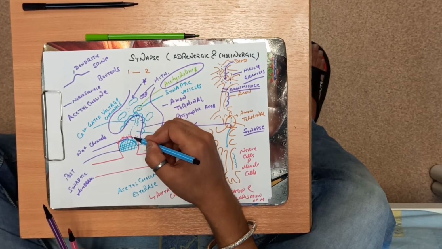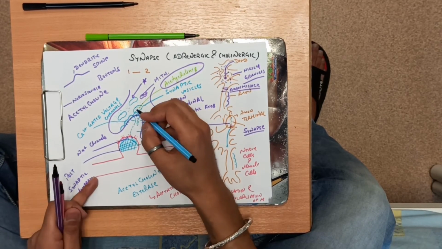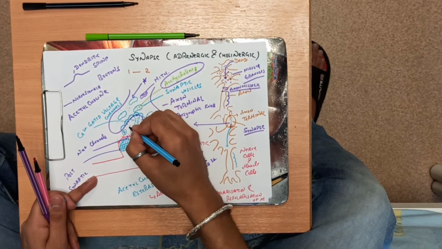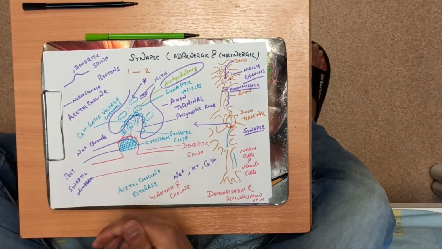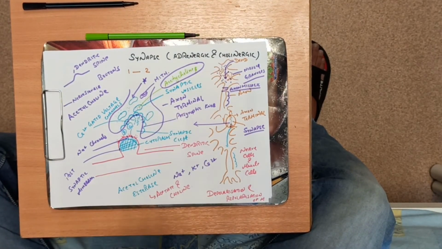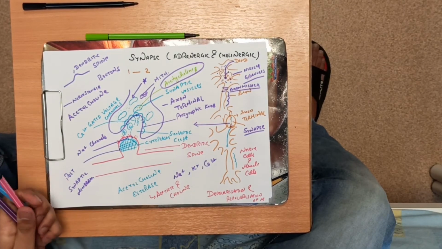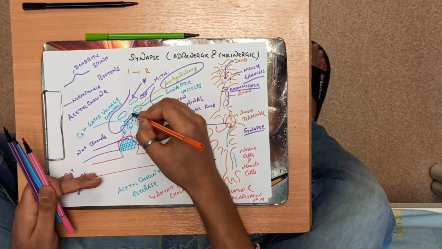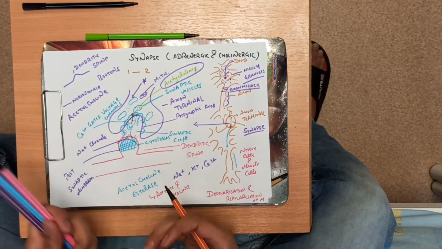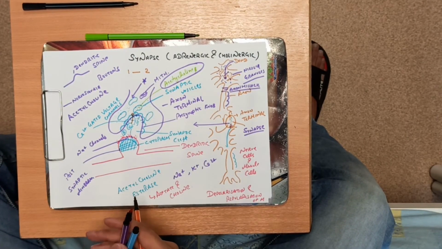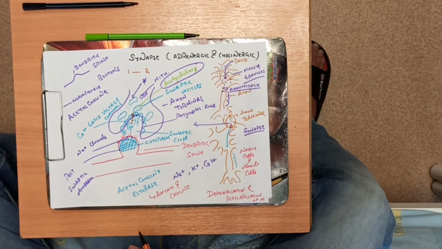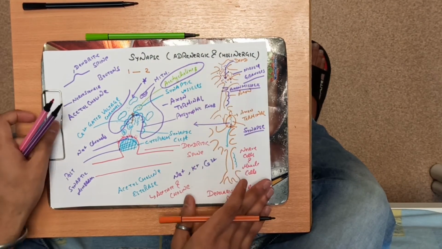Now the synaptic knob, this was a synaptic knob, this was a presynaptic membrane, this was the postsynaptic membrane. The synaptic knob reabsorbs the choline from the synaptic cleft. So suppose this was acetate and this was choline. This presynaptic membrane absorbs choline from the synaptic cleft and it enters back, so that there will be the formation of acetylcholine again. So this was cholinergic synapse, and in the same way adrenergic synapse takes place.